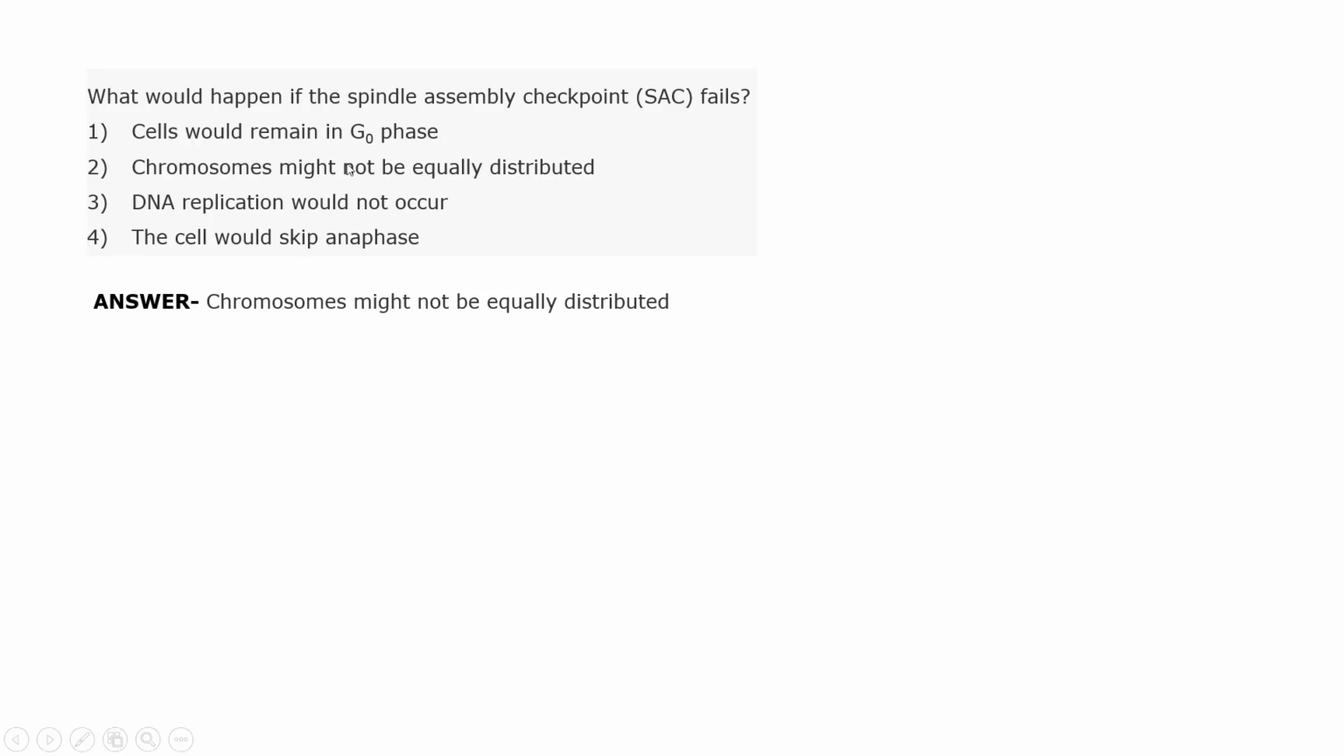So coming to option number 1, if you look into G0 phase, the spindle assembly checkpoint has nothing to do with G0 phase. G0 phase is also called quiescent phase or a resting phase. In some cases, when a cell enters into G1 phase, it can enter into another cell cycle, or it can enter into a phase called G0 or a resting phase, where the cells can undergo some metamorphosis in themselves, and become specialized cells that can carry out